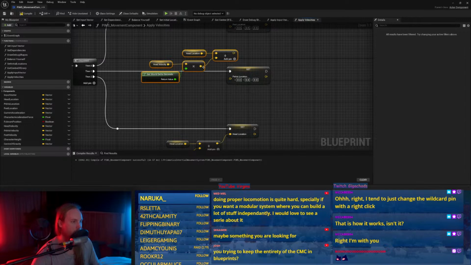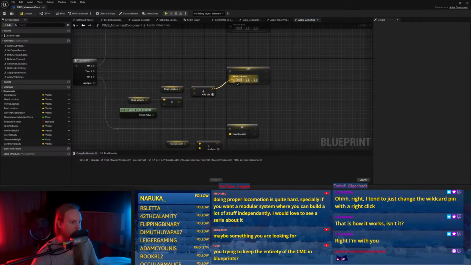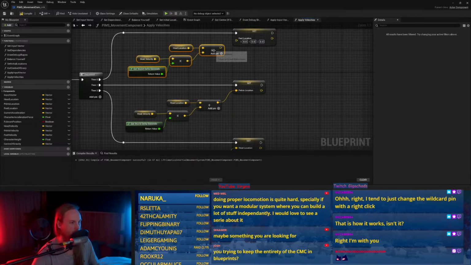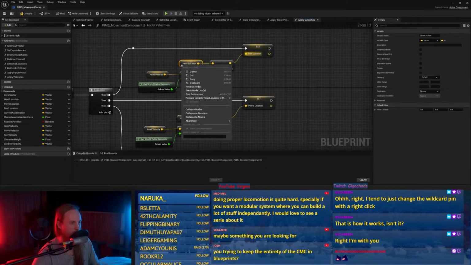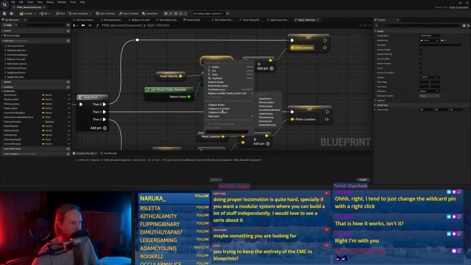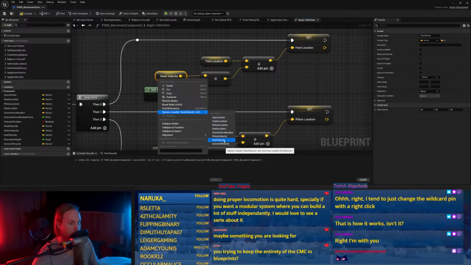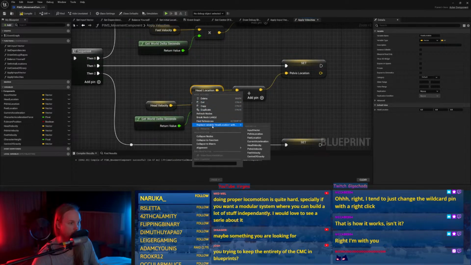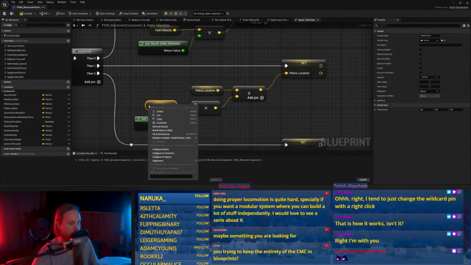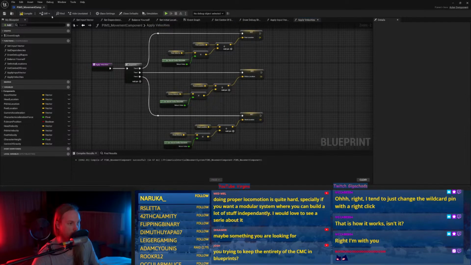Cool. Alright, put that into here. Very good. I could do this as a function that just takes in inputs, but, you know, whatever. Alright, replace with feet location. Replace with feet velocity. Where are you? Replace with. There we go. Pelvis. And pelvis velocity. Nice.